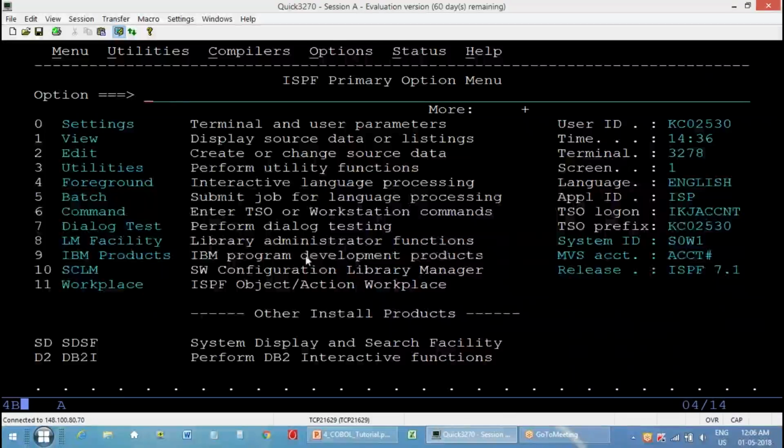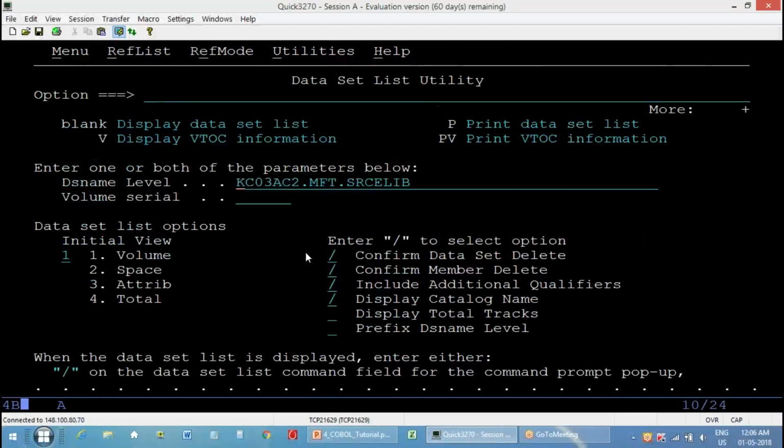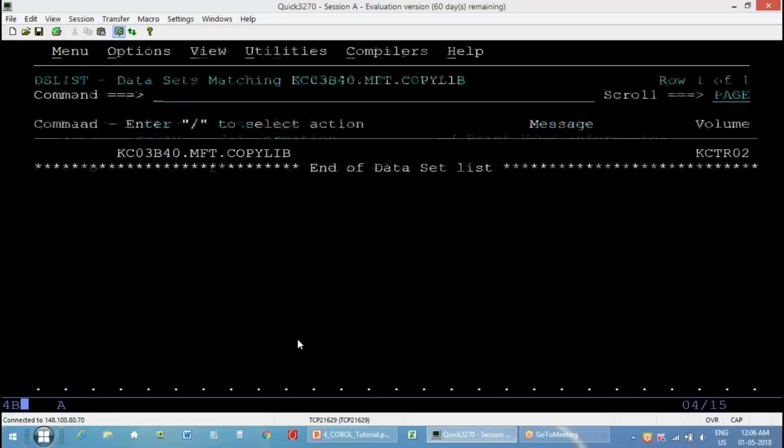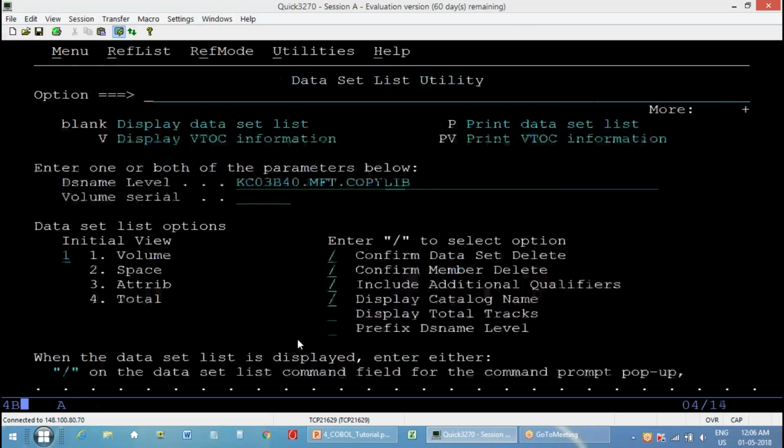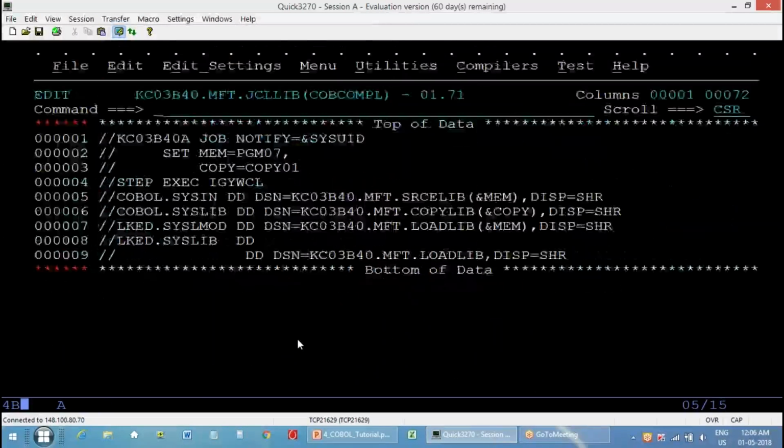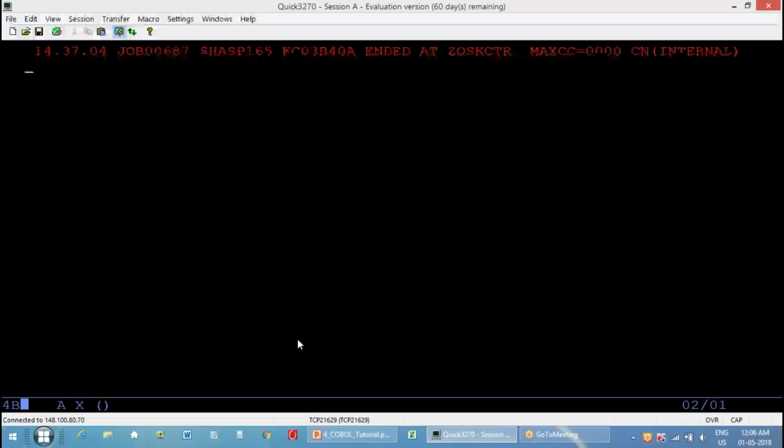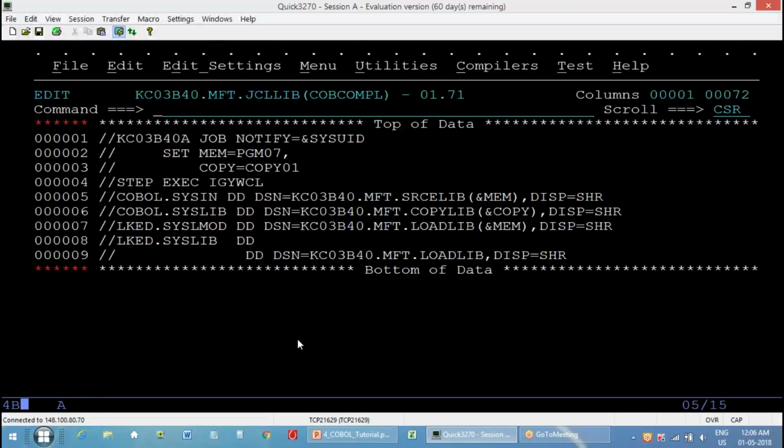What about copy lib? You have copy lib? You have. Okay. Now, once you run this JCL, it will compile the program and put it in the load module. And now you come to your